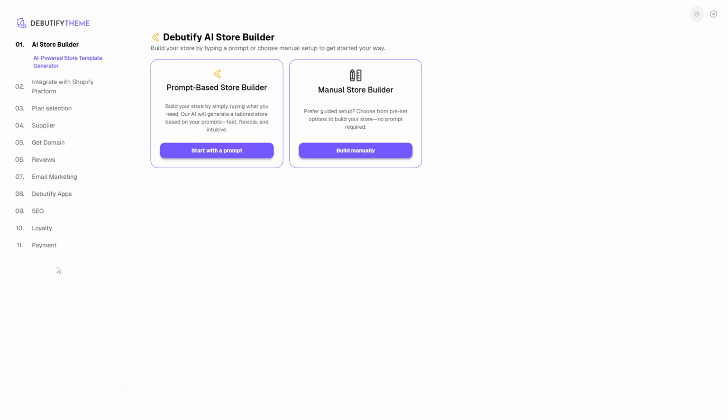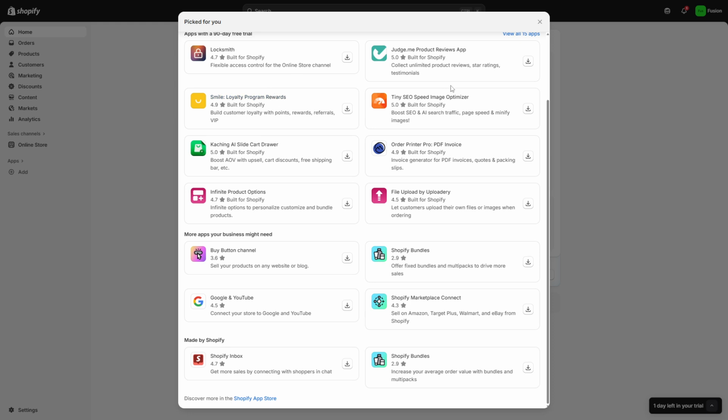Once logged in, you will need to visit the site's theme section or dashboard, as this is where you'll find the coveted Debutify theme ready for download. Upon locating the theme, go ahead and download it. You will notice that the file of the theme is in a zip format, a common format for downloadable content